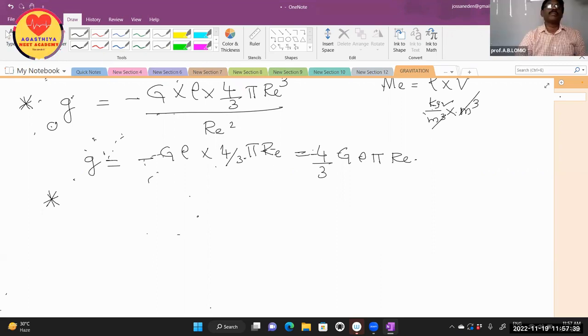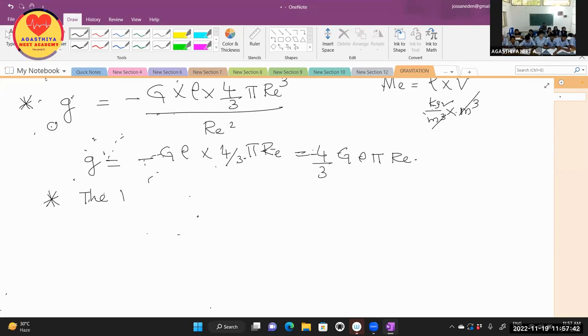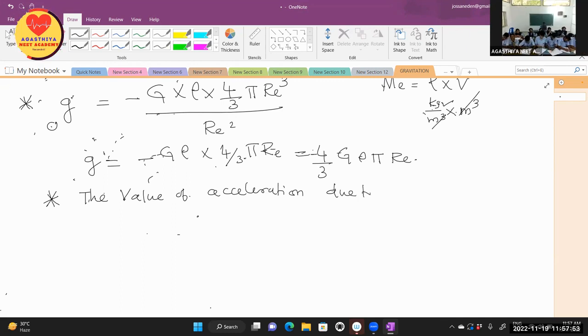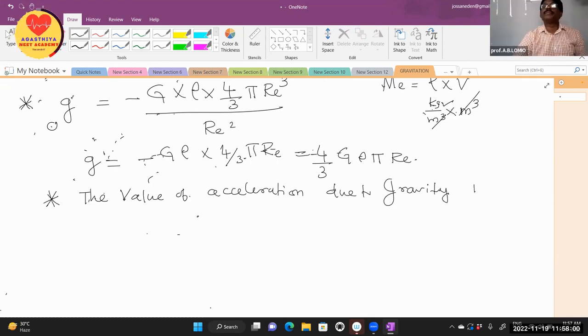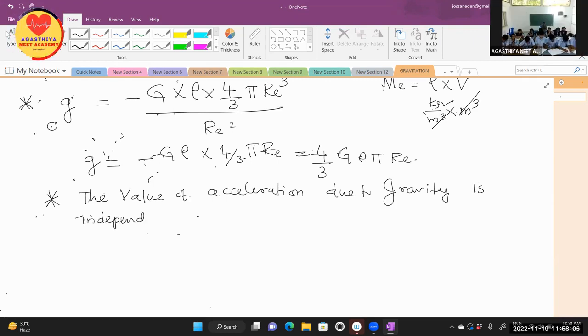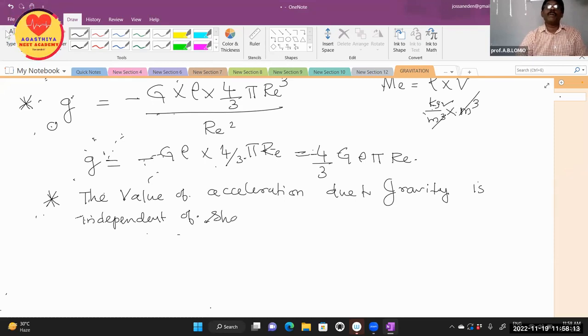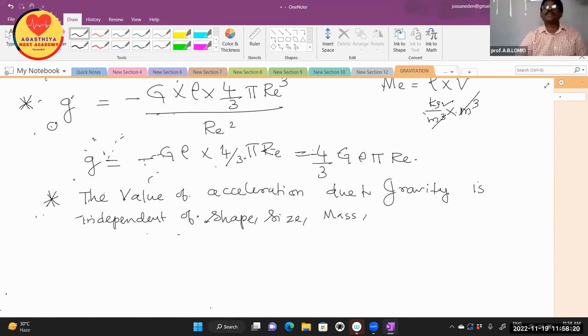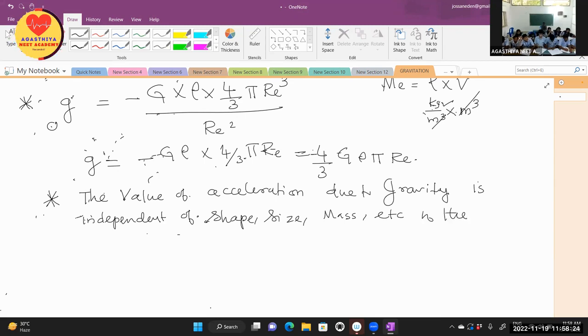Write down this value. The value of acceleration due to gravity is independent of shape, size and mass of the body, but